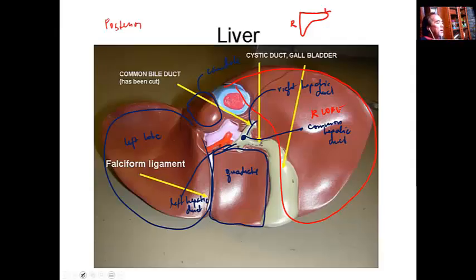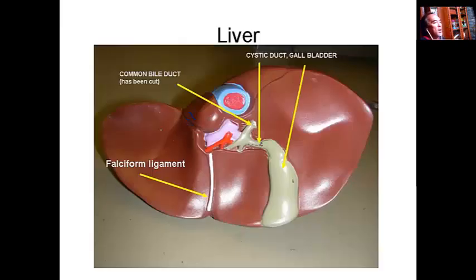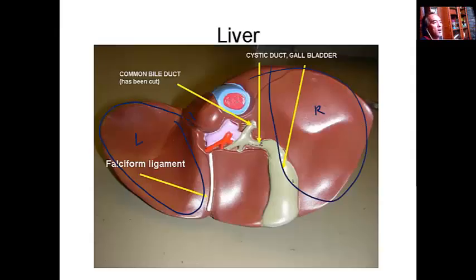I'm sorry, let me actually orient myself again. So we'll take the model and label the lobes: left lobe, right lobe, caudate lobe, and quadrate lobe. So I got 2 ducts. This is not connected to the liver. It's free, it's floating. So this is not going to be a hepatic duct. I got the 2 ducts that are embedded onto the liver. So this one is facing the left lobe. So this is my left hepatic